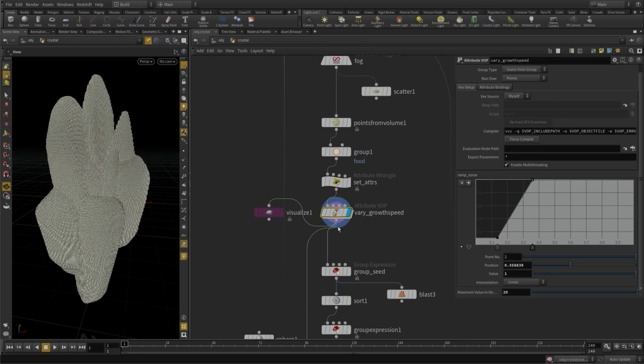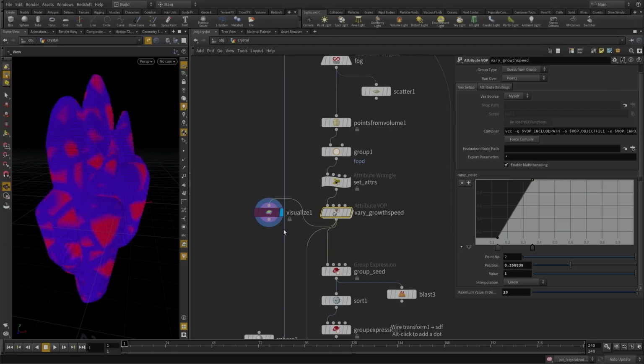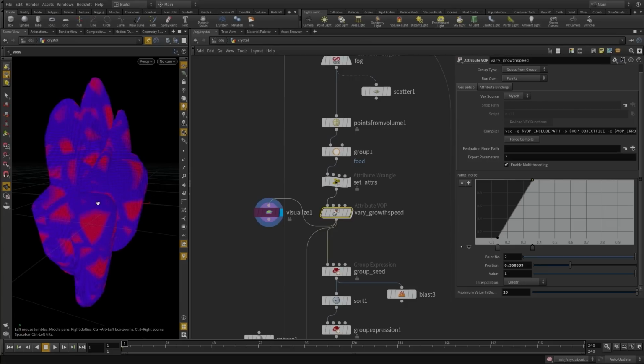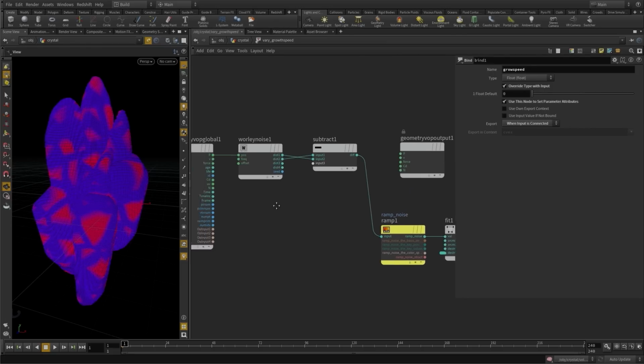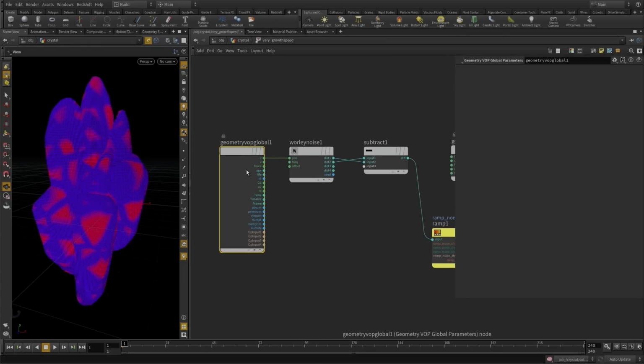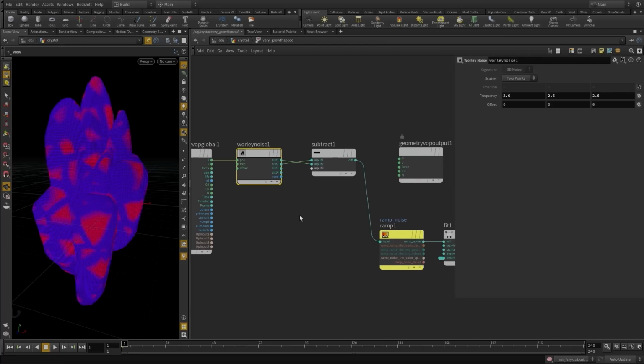But then I use a VOP to vary this growth speed. So this is the artistic control. Now I can map which parts of the volume will grow very fast and which parts will grow slowly. And this leads to these crystallized crystal structures emerging while growing. So the solver itself would grow spherically, but by using a Worley noise here, I can make it grow in